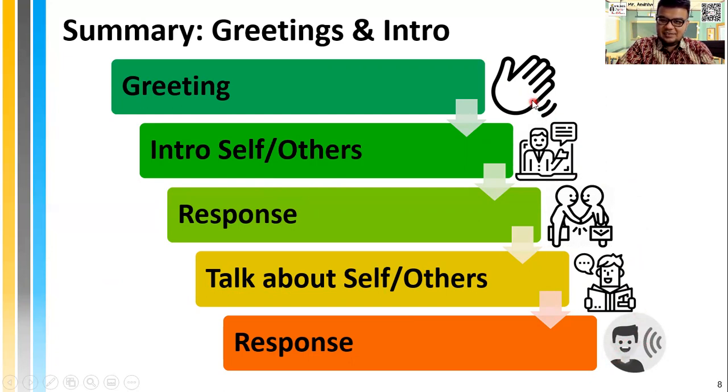So for example, you do the greeting. You greet. Ready? Do it. Great. And then what? You introduce yourself. Try to introduce yourself. Okay, do it. And then I will respond, hi, nice to meet you. Your name? Nice to meet you. And then you talk about yourself. Come on, I'm going to give you more time to do this. Talk about yourself. Your hobbies. Where do you go to school? Your favorite video game. Come on, do it. I'm going to count to 3. 1, 2, 3. Done.